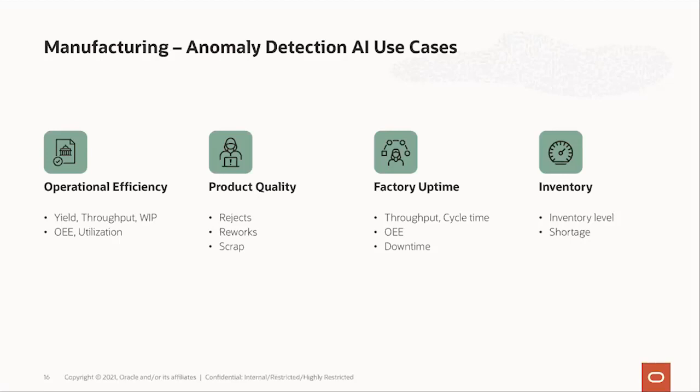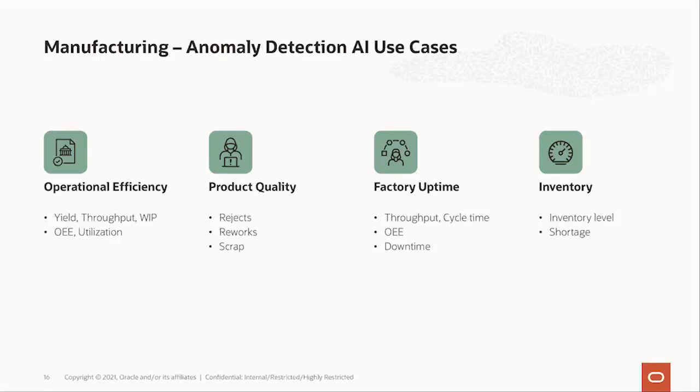That's one large area where we see a lot of engagement. The fourth is the inventory level, understanding whether the inventory is depleting faster or slower than usual when it comes to raw material or finished goods inventory. Is there a pileup because there is a potential shipment delay? Those kinds of use cases are also